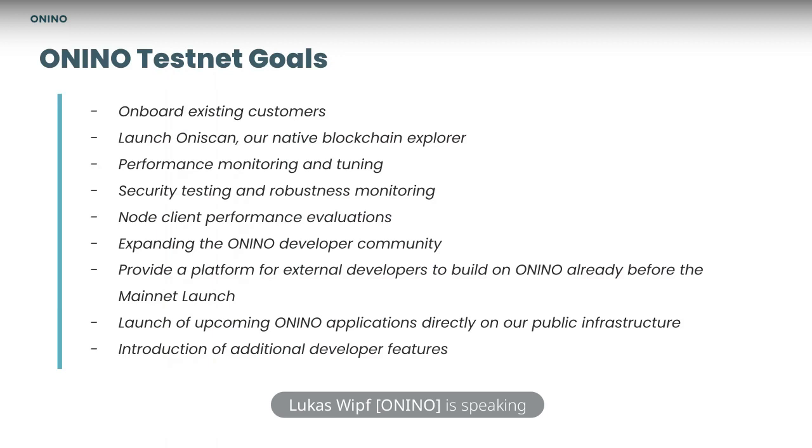And in blockchain, we often see long waiting times, for example, until a transaction is final. And that's something we can monitor, how we can tweak our parameters to make the UX as pleasant as possible. Another major goal we want to test out during the testnet phase is the general performance and the evaluation of